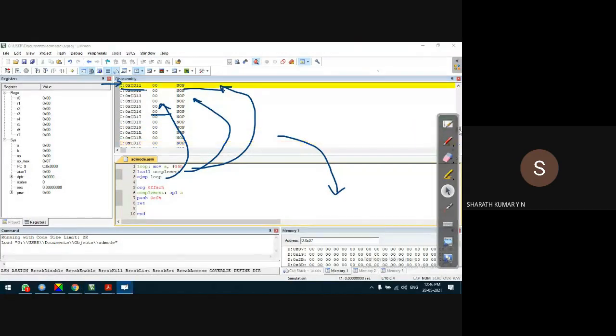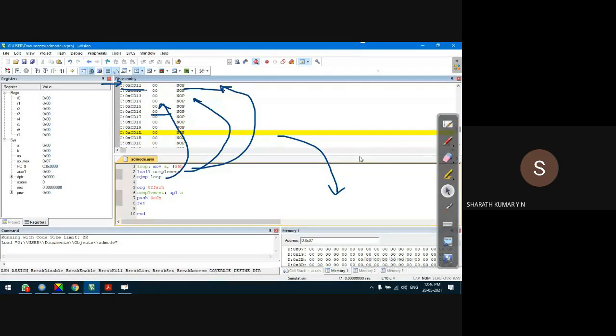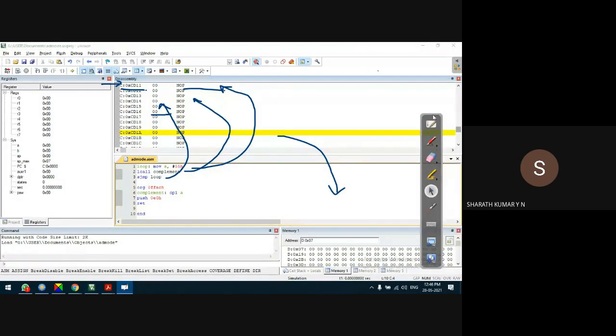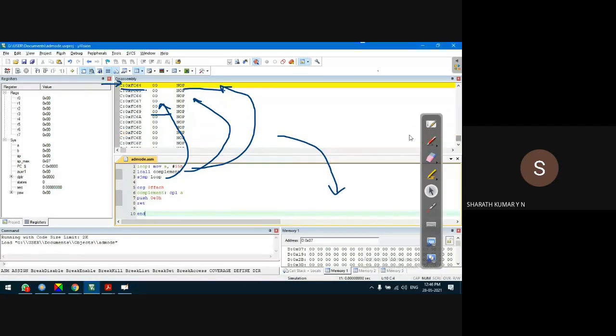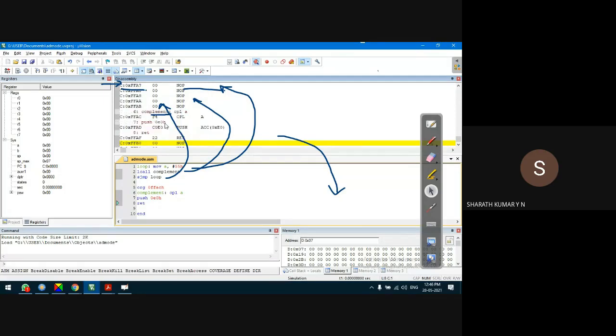I think I took a really bigger address, I need to scroll down a little. Where is FFACH? Somewhere a little further down. Yes, here we go, observe this.